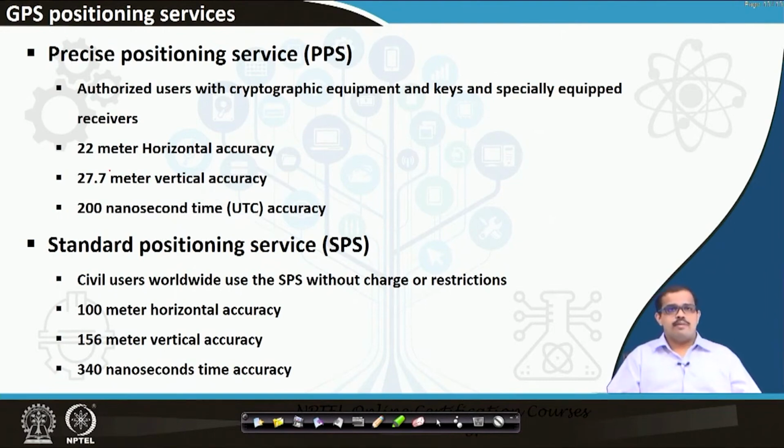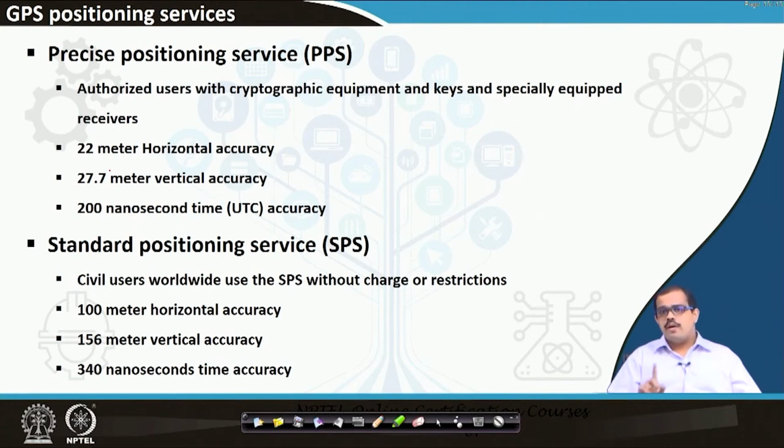Only then will you be able to have a precise positioning service, which is not on your mobile phones, not on your normal GPS devices that you get for 10,000, 6,000, 8,000 rupees, not on all those mobile phones, not on all those GPS receivers. So it has about 22 meter horizontal accuracy, 27.7 meter vertical accuracy, which is quite better compared to your standard positioning service, and most importantly 200 nanosecond time